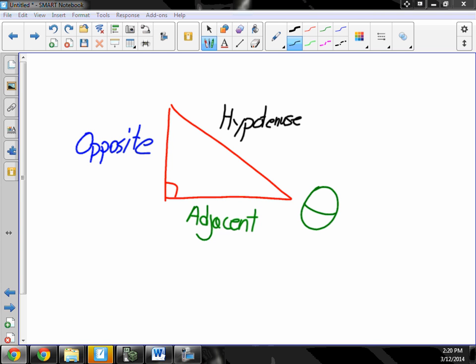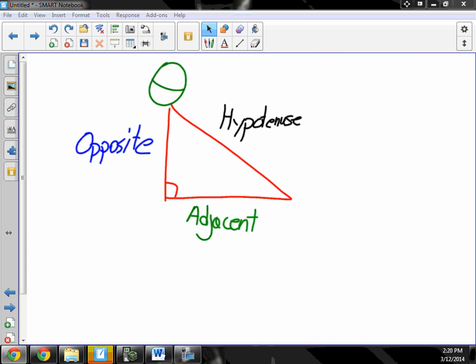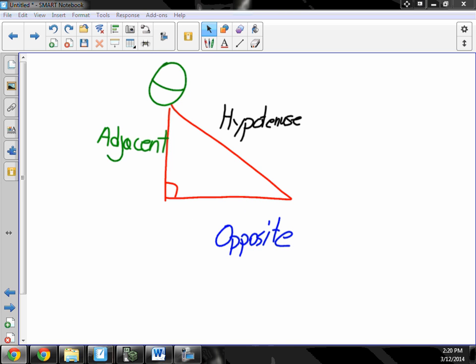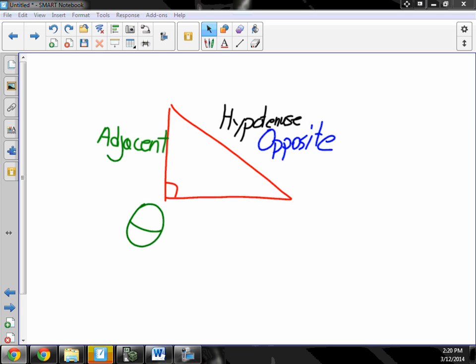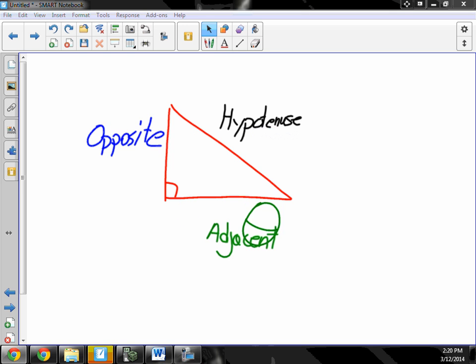Okay. Well, what happens if I move theta to the other base angle? If I move theta up here. Right, the opposite and adjacent switch sides. The hypotenuse stays the same. What happens if I move theta to the right angle? Well, now opposite is the hypotenuse, and now I have two adjacents, which is a problem. So you're not allowed to do that. So if we go back to the original,